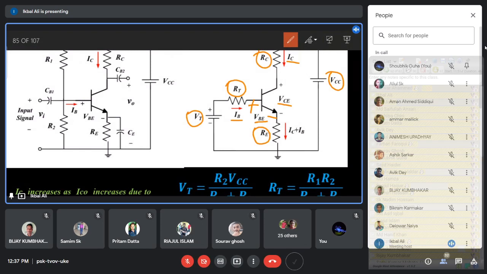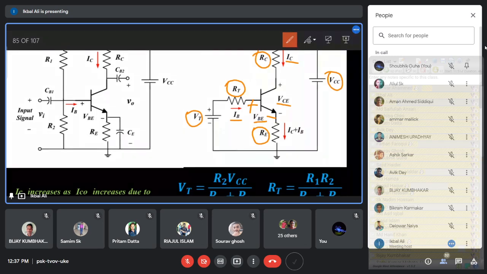How to find these unknown quantities? By these two equations you will get the unknown quantities for the transistor, because there is another relation for the transistor: the base current and collector current are related by the fundamental transistor equation. The collector current IC equals beta into IB. That is another equation. That is the fundamental. This point current and this point current are already related because you know the transistor action. So the transistor defines these two point currents, that is, collector current is beta into IB.